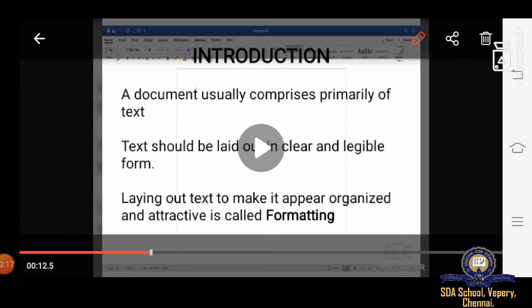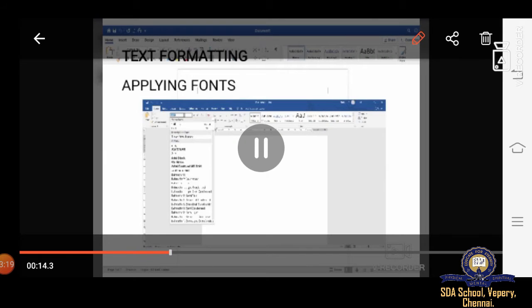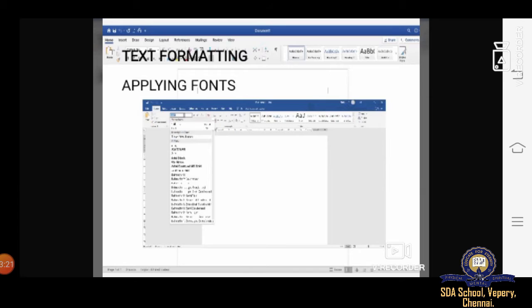In text formatting, this is applying fonts. First we need to learn how to apply this formatting. Fonts we will study with the diagram. A font is a writing style or a technique.